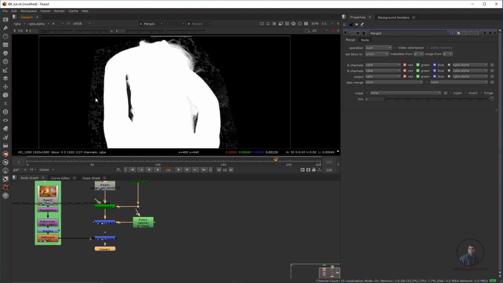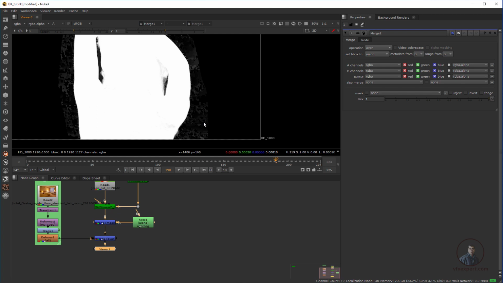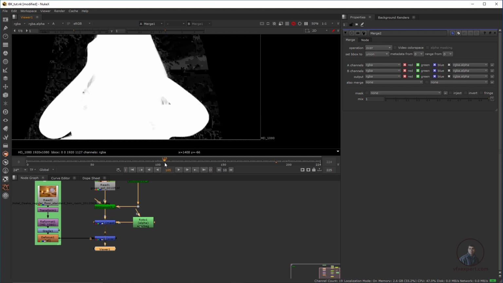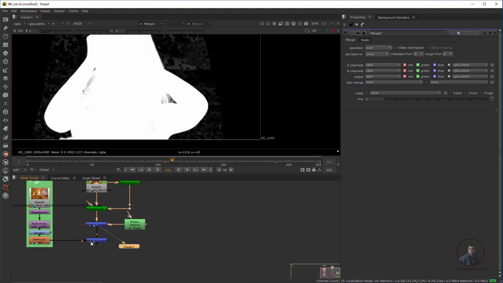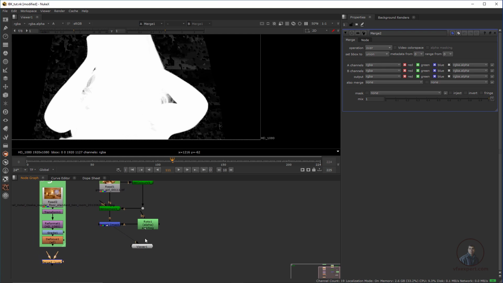Okay, so this pixel also we have to remove. These are good, but we have to remove these grains or pixels which are not pure black here. So how can we remove all these? I am going to adjust it a little bit again. I'm unplugging this one a little, because this one is only for temporary compositing. So how can we remove all these pixels here?